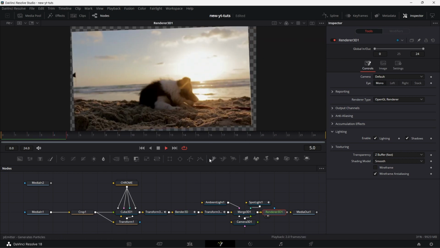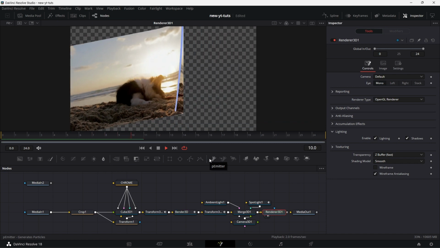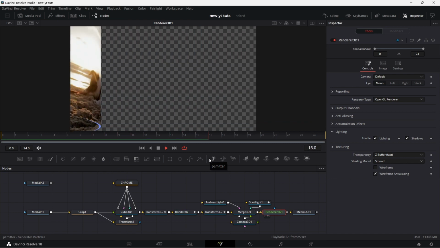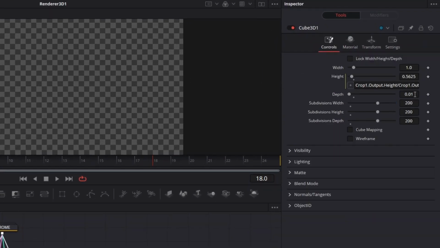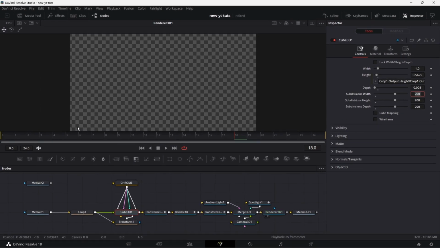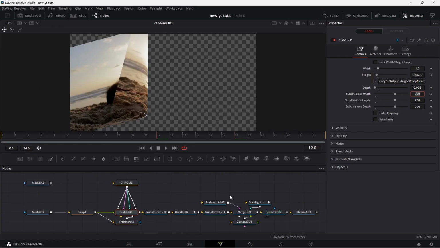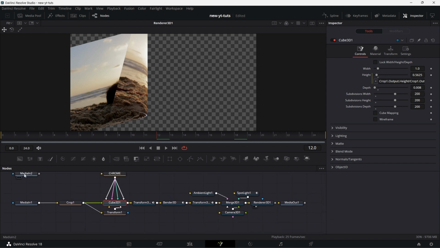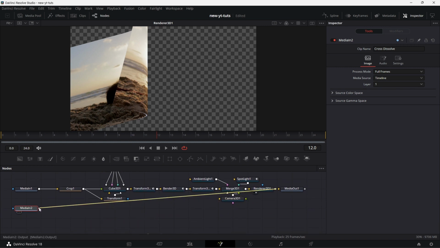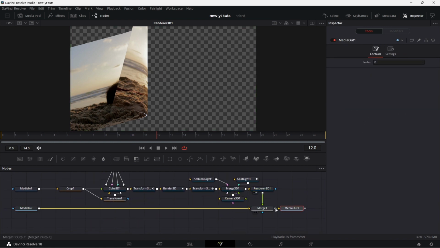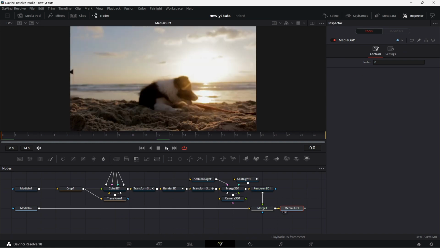Let's make this single viewer so we see what we're doing. And the thickness of the cube is a little much, so I go to the cube and set this to 0.008. Let's go back here and see how that looks. That's better. This output now, we bring in merge to the media in 2, connect the output to media in 2 and connect this to media out. So if we go to media out and play what we've done,